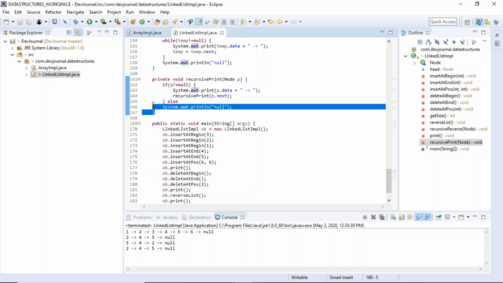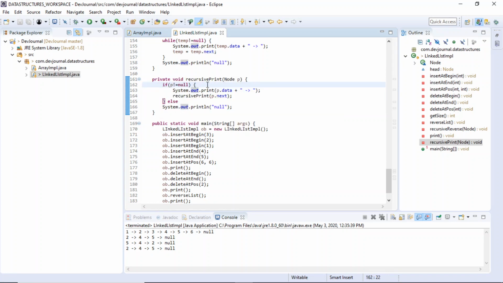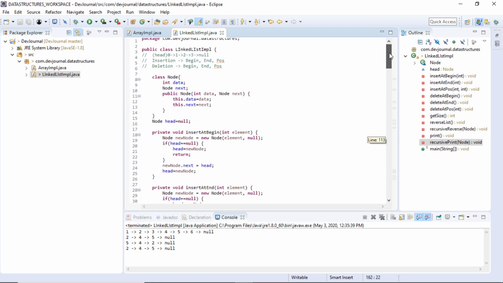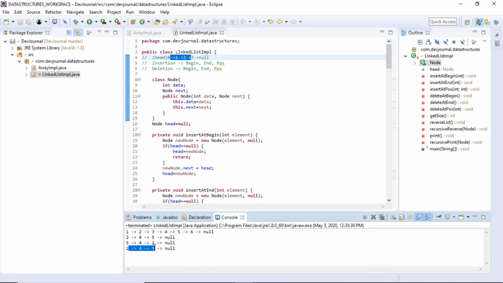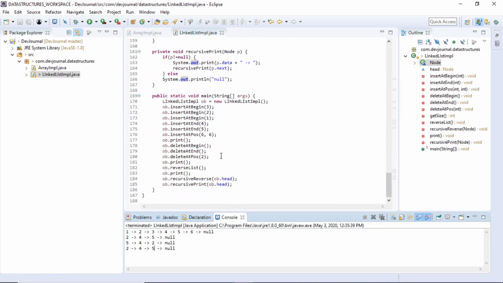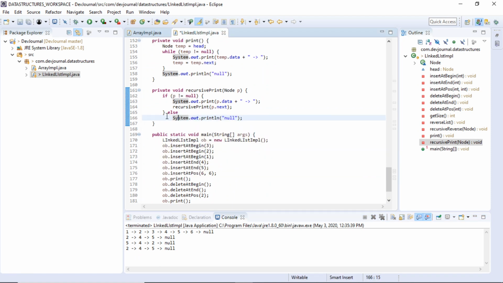Let's just refine our recursive knowledge with one more method. Let's recursively print the linked list but in reverse order. I'm not reversing the linked list. My linked list would remain 2 4 5, but I will print it in the reverse order 5 4 2. There is no big change in here.